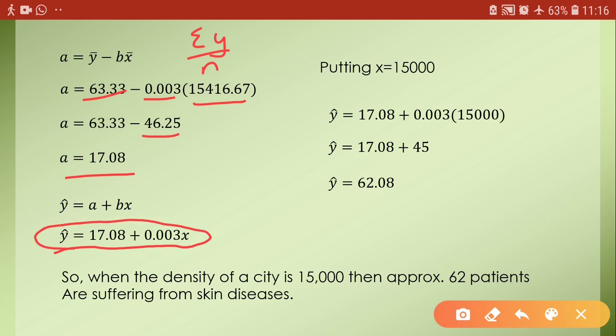There are a few more questions, like you have to put x equal to 15,000. That we will repeat in the next lecture. This illustration 14 is half done, half left. We will be doing it. Whatever you have listened to in this lecture, you have to write it compulsorily, and in the previous lecture also you have to write it. It is available on YouTube, so you can pause and write it easily if you are not able to write while I am speaking. But you have to write. So that's it for today. Thank you. Happy reading.